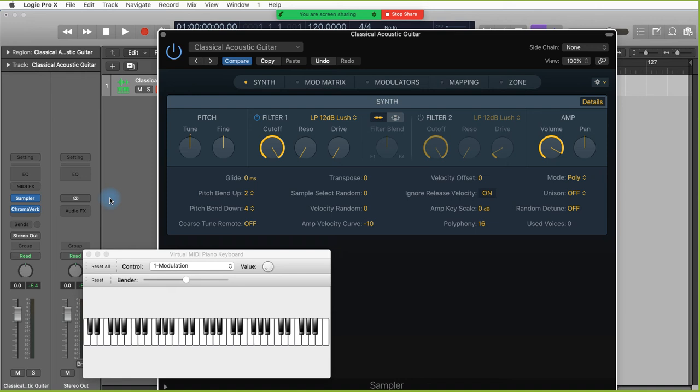Actually, yes, it's going to be another half step. So it's going to be two half steps, in other words. So it's going to be a whole step. So I'm going to hit D and go to C sharp. And now when I hit G, you hear it's a whole step down. And now when I hit C, it's going to be another whole step down. Okay? And that behavior is happening because we've now made the lower pitch bend range 4 half steps instead of